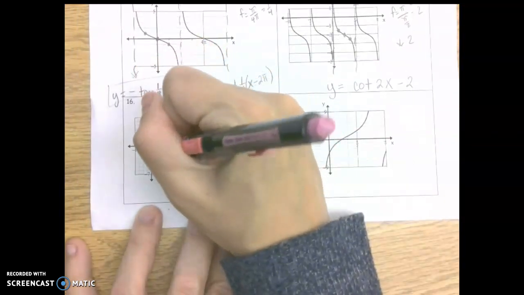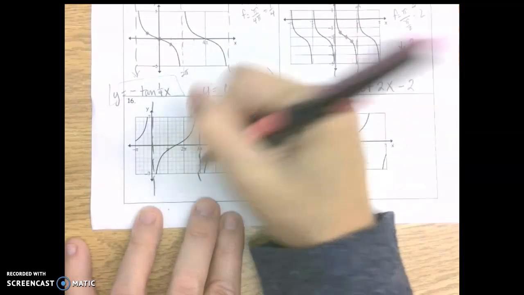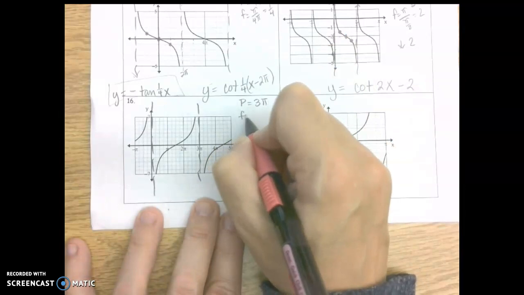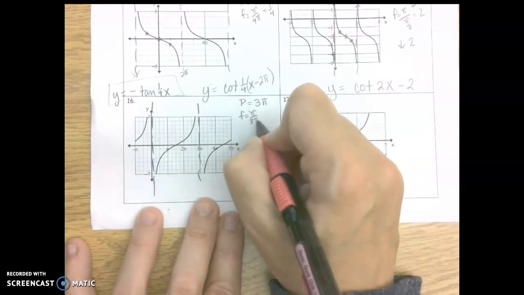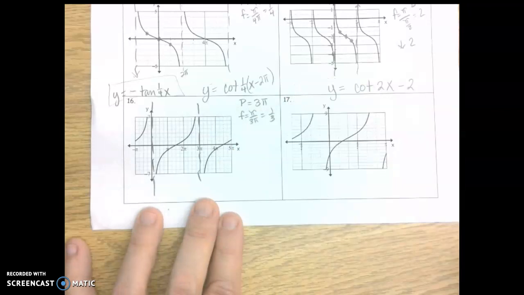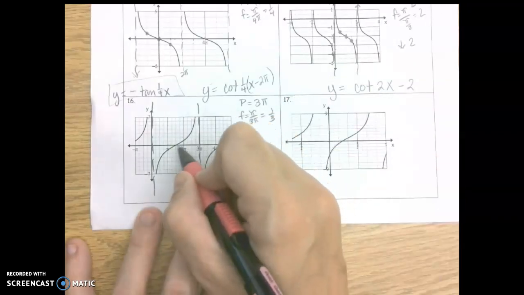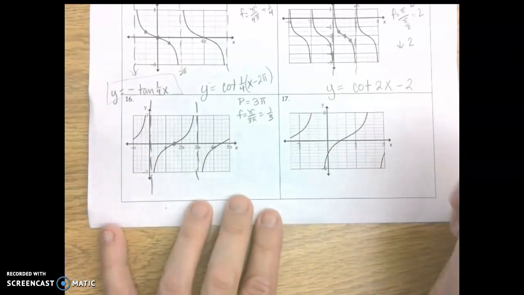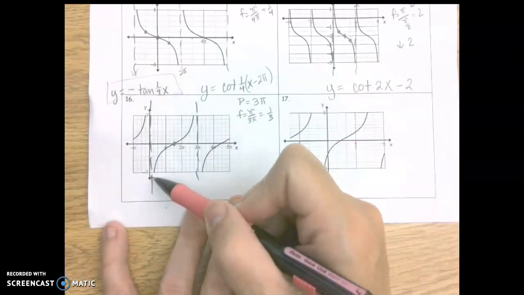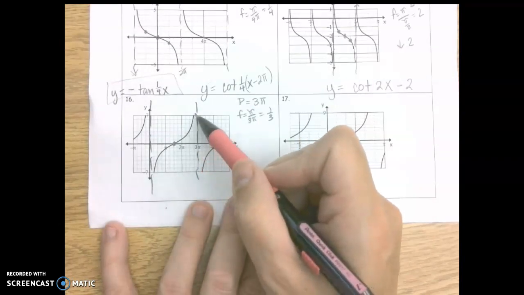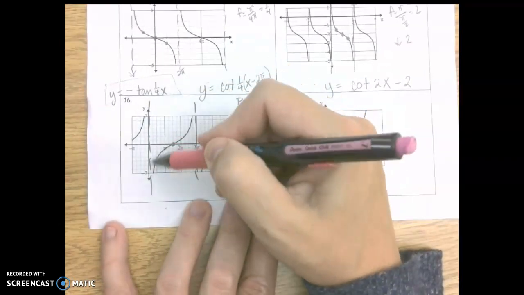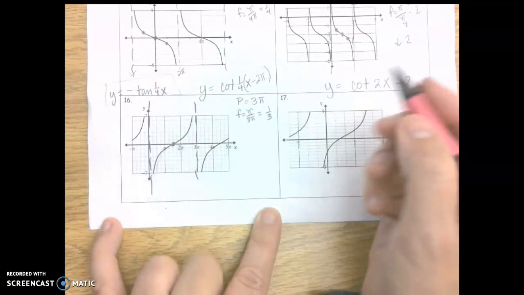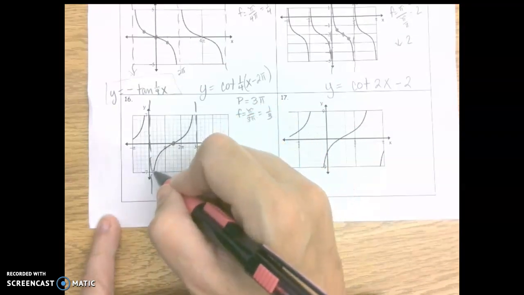Okay, asymptote right here and right here. So that appears the period is 3 pi. The frequency would be pi divided by 3 pi, which is 1/3. If I find the middle right here, it appears there is no vertical shifting. And I can either do a negative cotangent, since it backs up, or I can do a tangent with a phase shift. So if I do a negative cotangent,